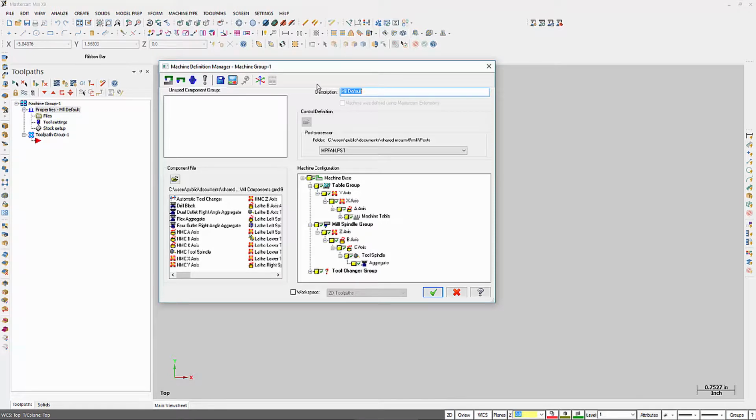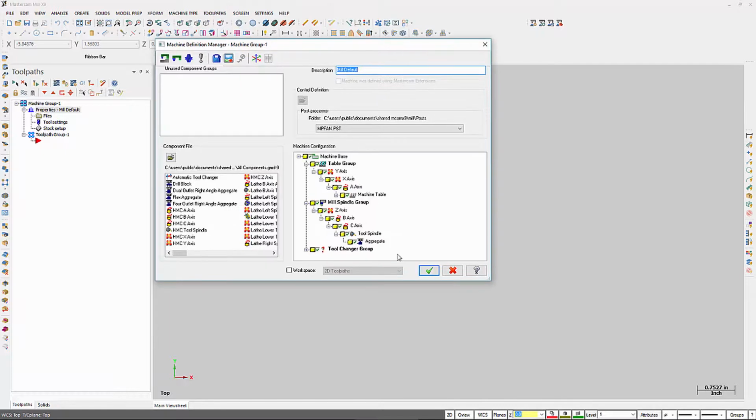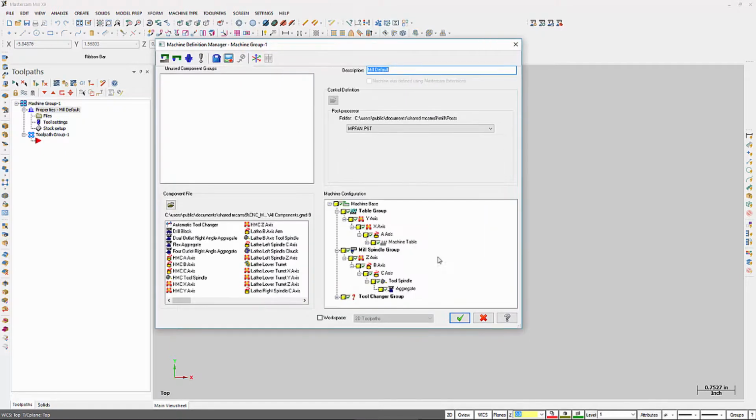So when the machine definition first came out, the functionality that they built into the machine definition was there for the post writer to use. But there wasn't a lot of work done initially up front to hook everything together and make it plug and play. So the structure of the data, how the data is created and captured, is available to you,